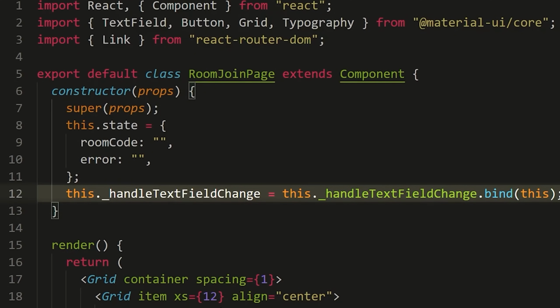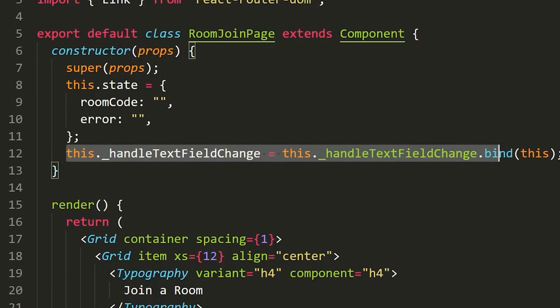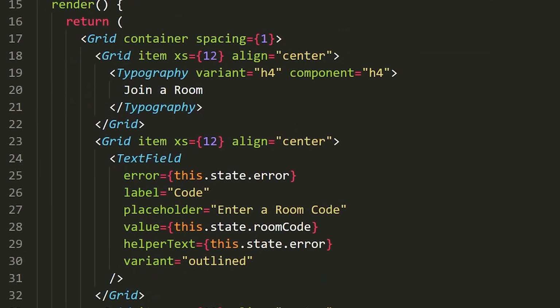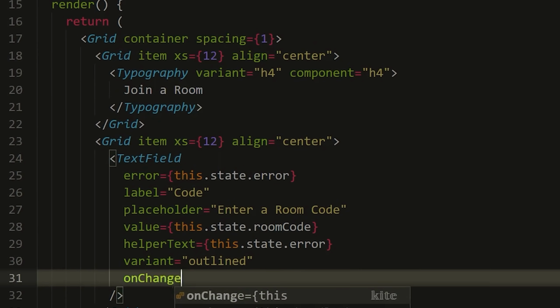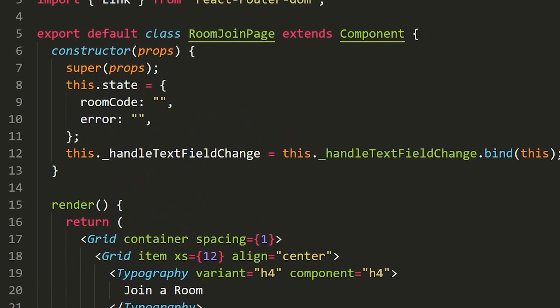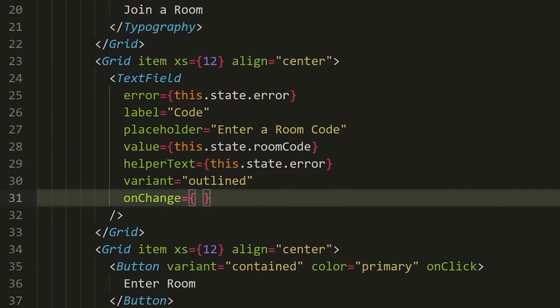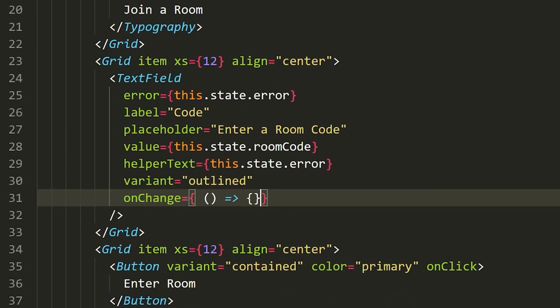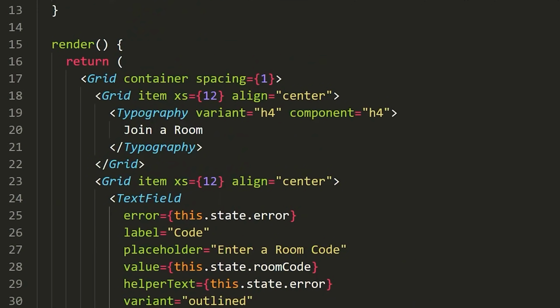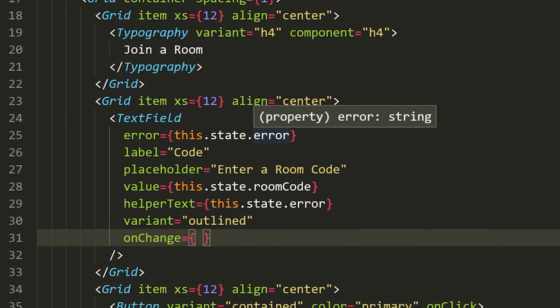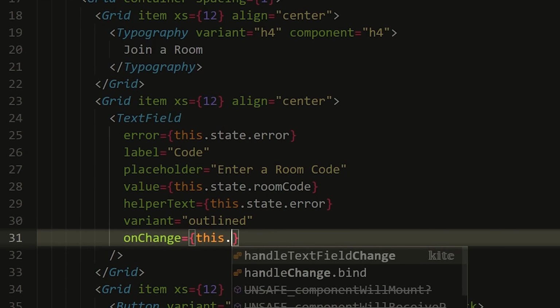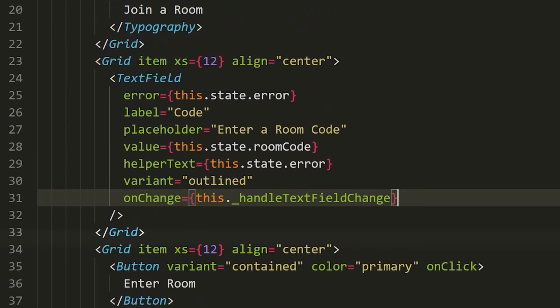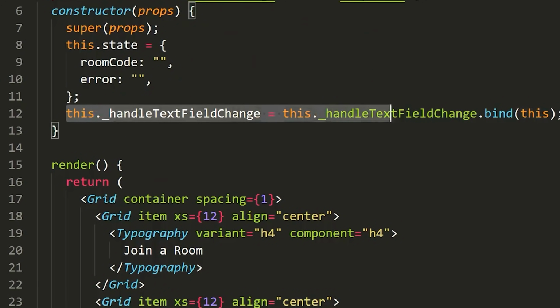Now, some of you have noted that we can use ES6 arrow functions instead of doing this. If you're not familiar with what that is, don't worry, but that is another method that we can go with. We can pretty much go here to where on change was, and rather than setting it equal to some method like this, we can just make it equal to an arrow function, then we can do whatever we want inside of here. That's fine. I'm just not going to do that. I just wanted to show you how the bind works in case some people were confused or they haven't used arrow functions before. But anyways, on the on change event, we'll just make this equal to this dot underscore handle text field change. And that should be all we need to do to actually get this state updating and having everything working properly.